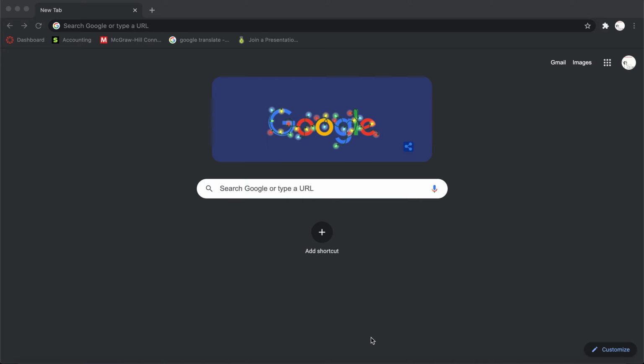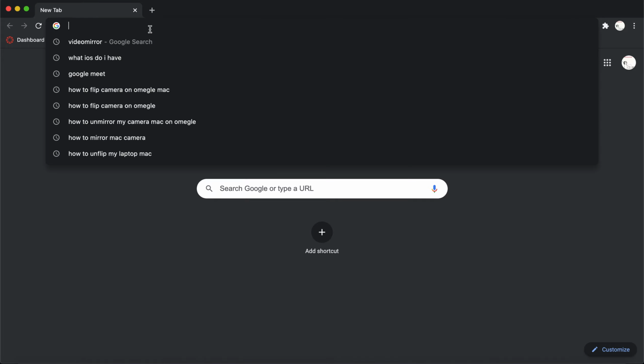Today I'm going to be showing you how to solve the issue with not being able to flip your Mac camera on a Mac laptop, on a Mac display, anything that really can run Chrome. This will work. So first step you're going to need to do is go to